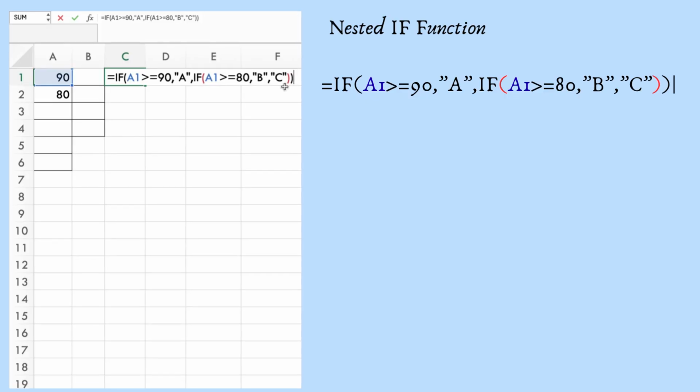So for this one, 90 will turn out to be an A. Now, if I made 90 into 80, it would become a B. And it'll update